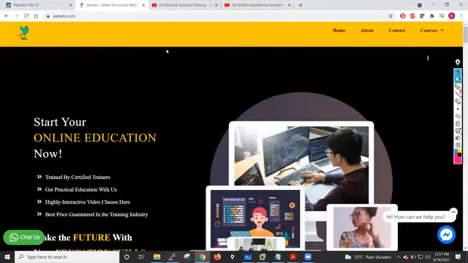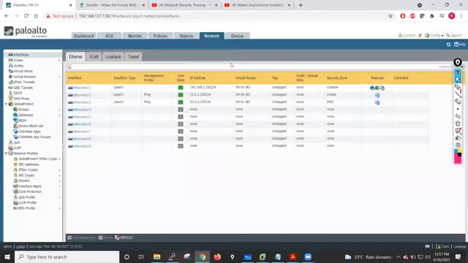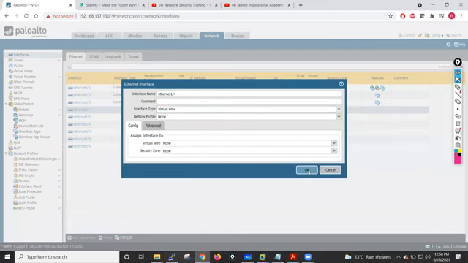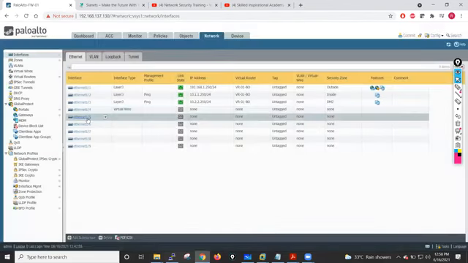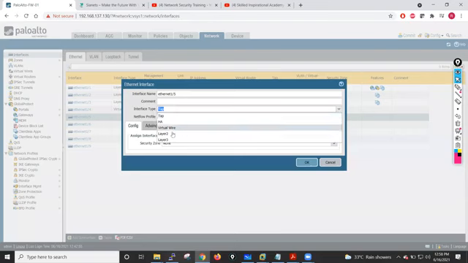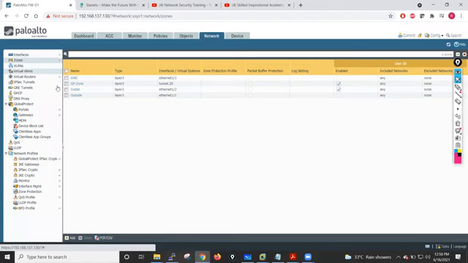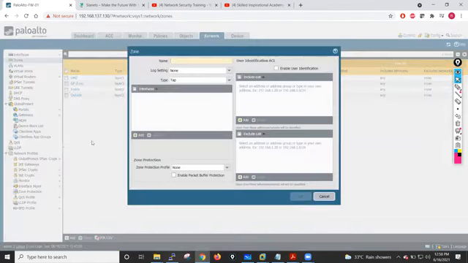If I log in to my firewall, okay, this is my firewall. Typically I first go to my interfaces and choose this interface type as virtual wire. I'll go into this other interface as well and choose it as a virtual wire. After that, I'll go into zones. I already have an inside zone and an outside zone, but for vwire I will create a separate zone, and I'll